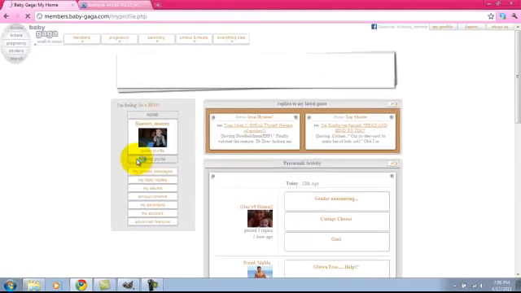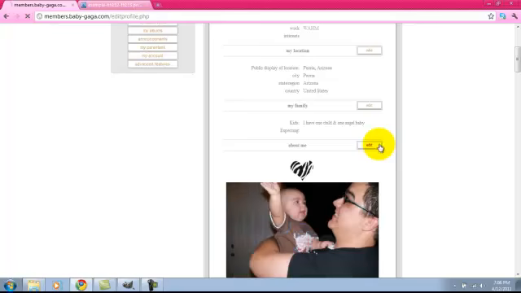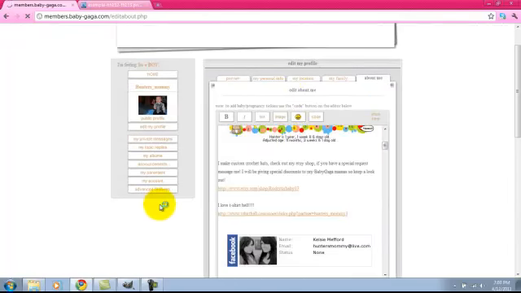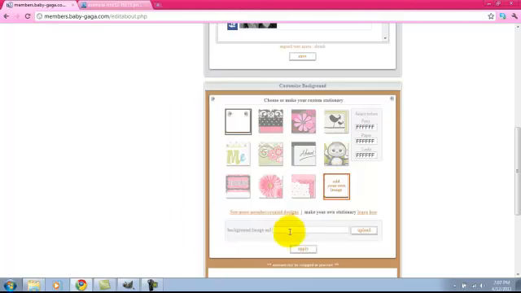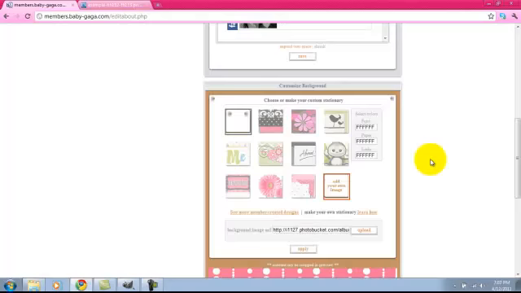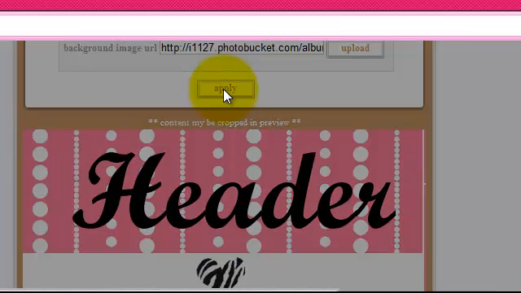Okay, so I'm going to edit my profile, edit my About Me. And here we go. Here's my layout. So I'm going to add my own, and then the background image. So you're going to Control V to paste it in there, upload. So now you see my header, and then my footer, and then it has the white as the body, that little line. Okay, so now you're going to apply it,